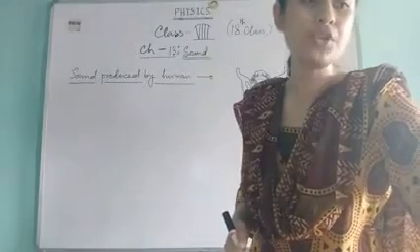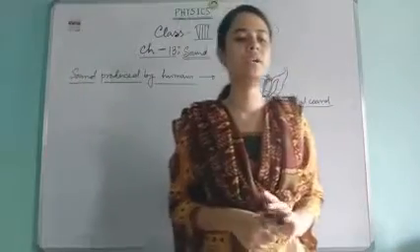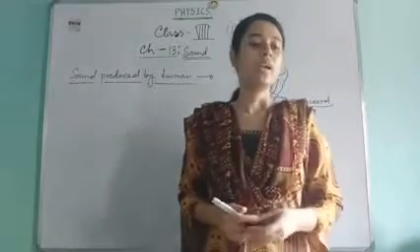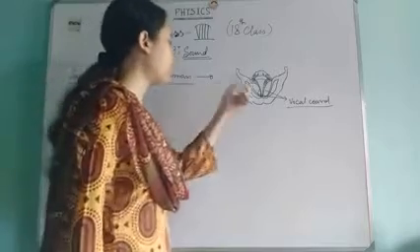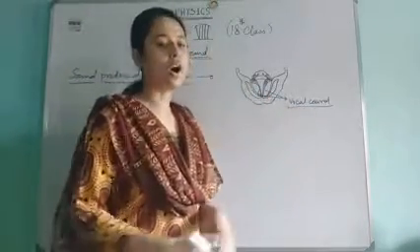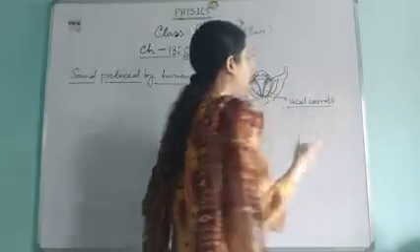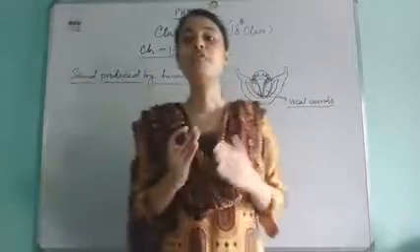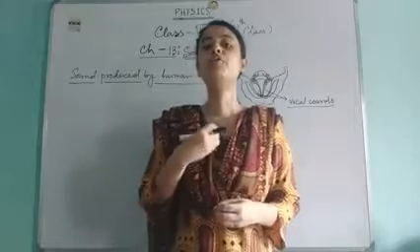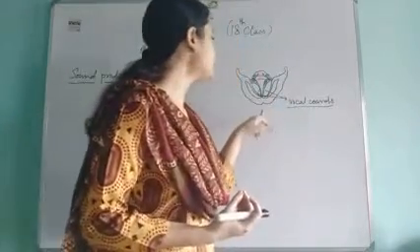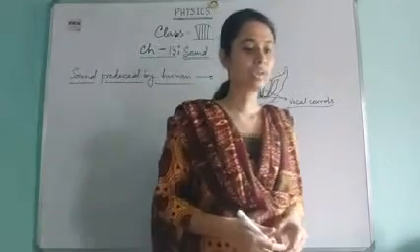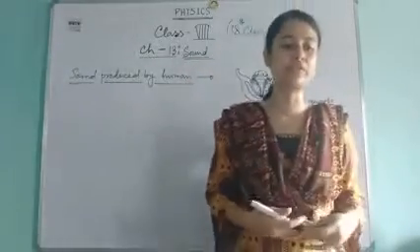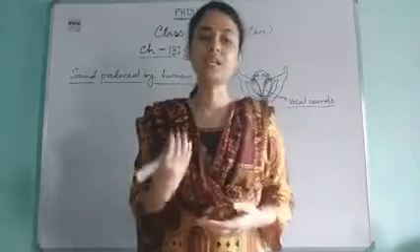You can come to page number 162, where you will find figure 13.8, the figure of the voice box in humans. I have tried to draw the figure, and there you can see we have a pair of vocal cords, which vibrate when we force air through this narrow slit, and hence sound is produced. When the lungs force air through the slit, the vocal cords vibrate, producing sound.